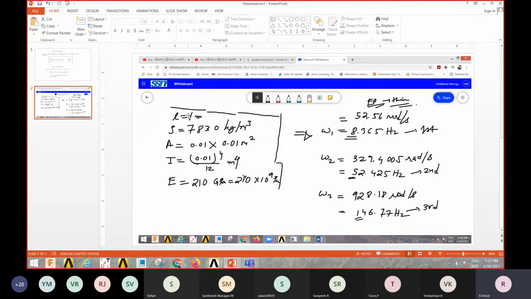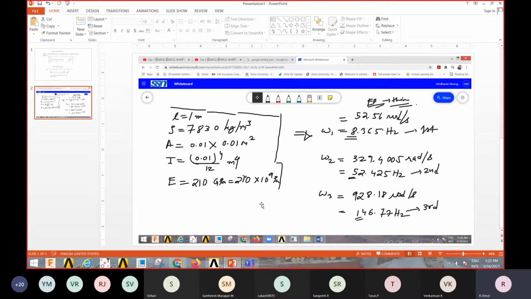So if you solve it through the FEA mode, you will be getting the following answers: W1, W2, W3. These are the answers you will get if you solve this problem through the FEA mode. Today things are made simple with the availability of software like ANSYS, where a solution can be obtained with ease. So now we will see how to solve the similar problem in ANSYS.